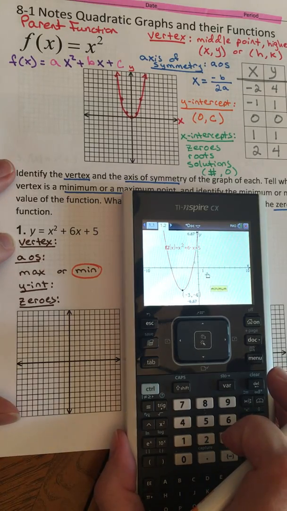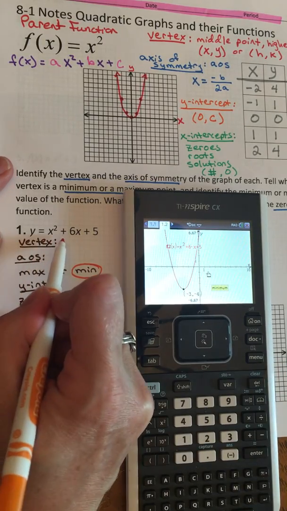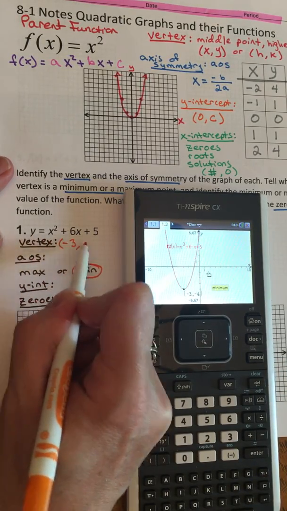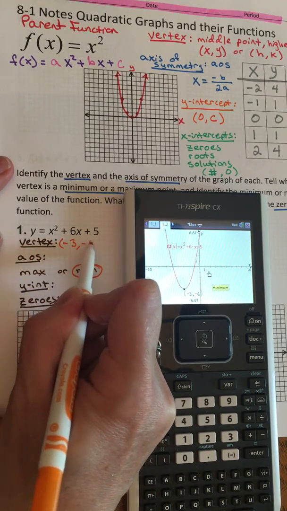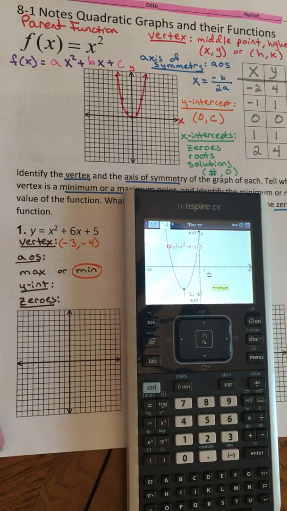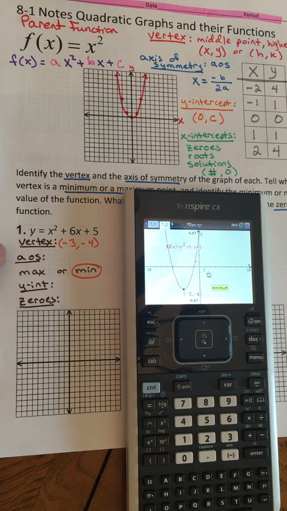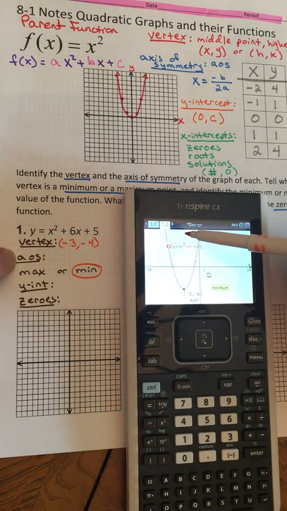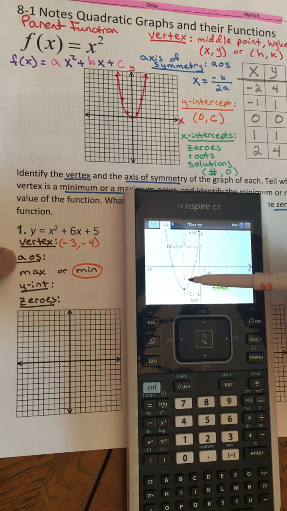So now I know the answer to my vertex, -3, -4. That is its coordinate point. All right, without doing any work, the axis of symmetry cuts my parabola perfectly in half